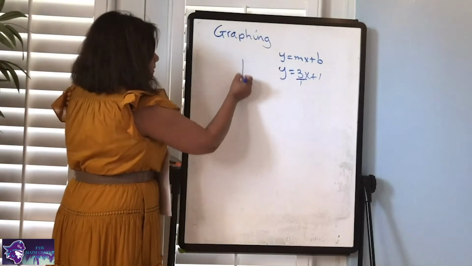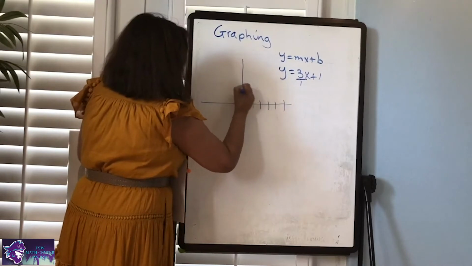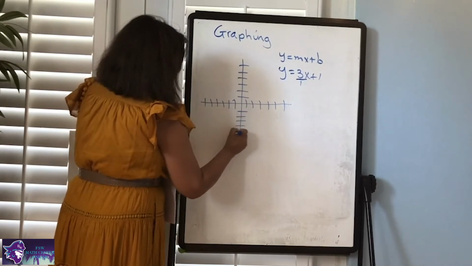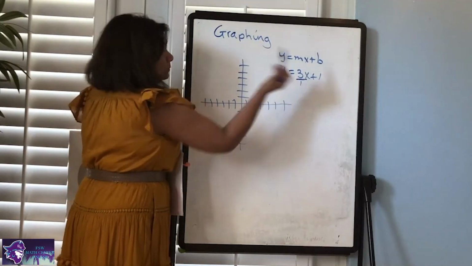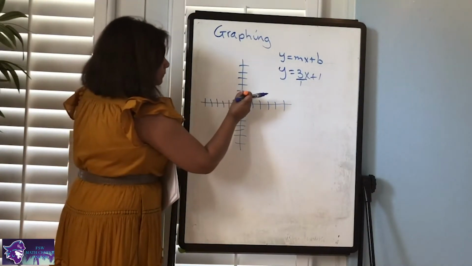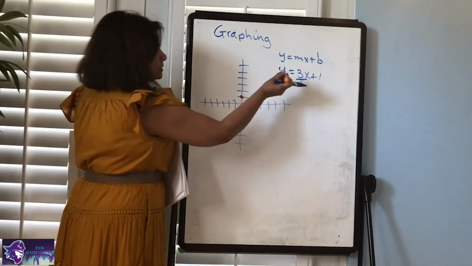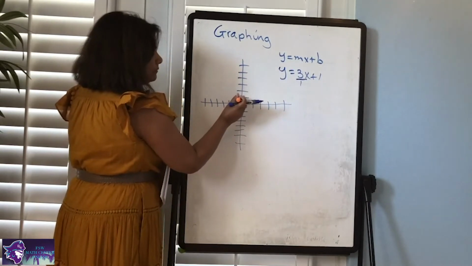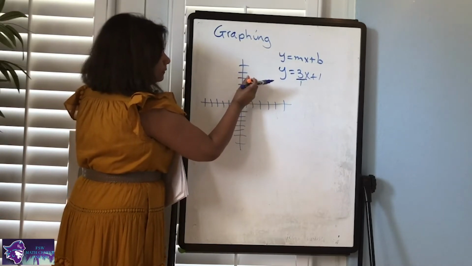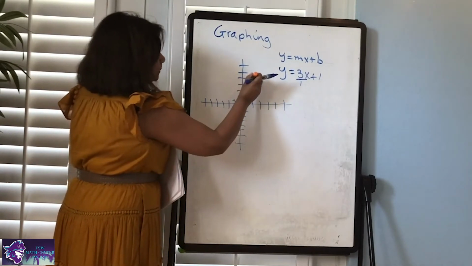Okay? Now if I were to graph that, and again I need to draw a little grid. First I'm going to do +1 for my y-intercept. So starting at the origin, I'm going to go up 1. And that's that point. Next, from this point, I have to do the slope. Well, slope is rise. So from here, I have to rise 3. 1, 2, 3, and run 1, which is over there. So now I can join those 2 points, and that's what my graph is going to look like.